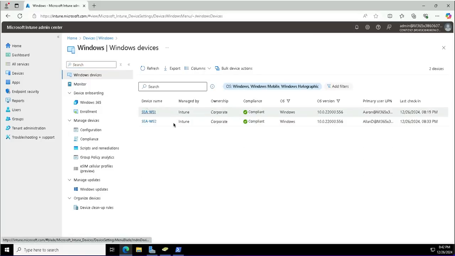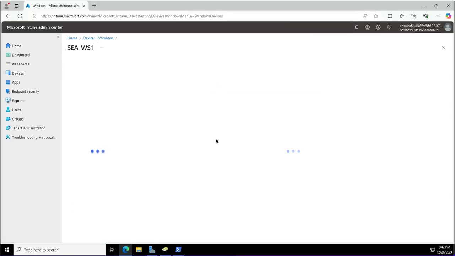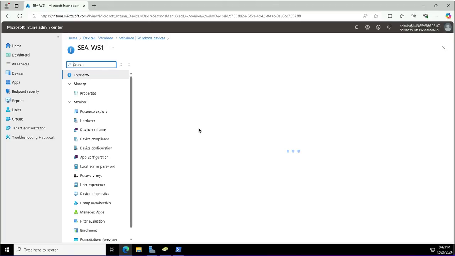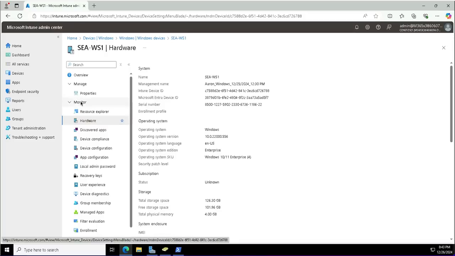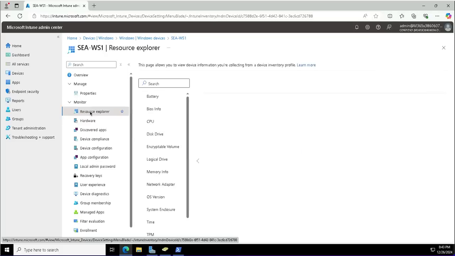If I go to the devices and take you to Seattle Workstation 1 to do the inventory, I have the option to do the Resource Explorer hardware check of this device. So the name is Seattle Workstation 1, and the management name, operating system details, subscription, storage, system enclosure, different details I can check here. In the Resource Explorer, the battery, BIOS, because this is actually a virtual machine, so it does not include any battery, but yeah, BIOS info, CPU, disk drives can be collected,